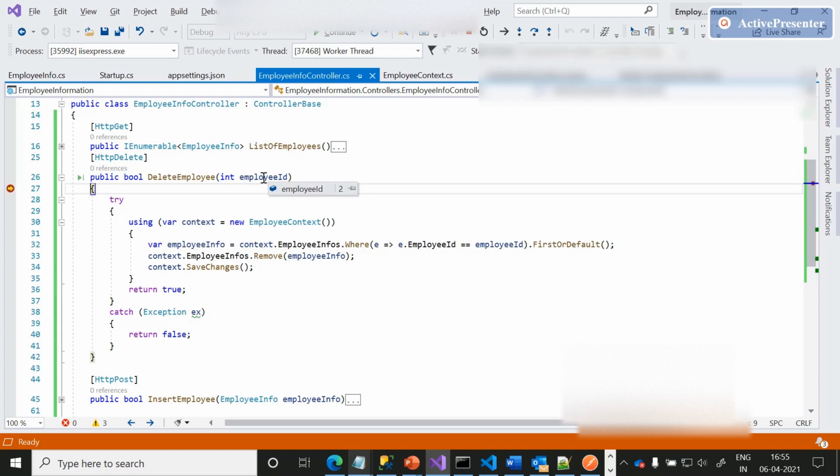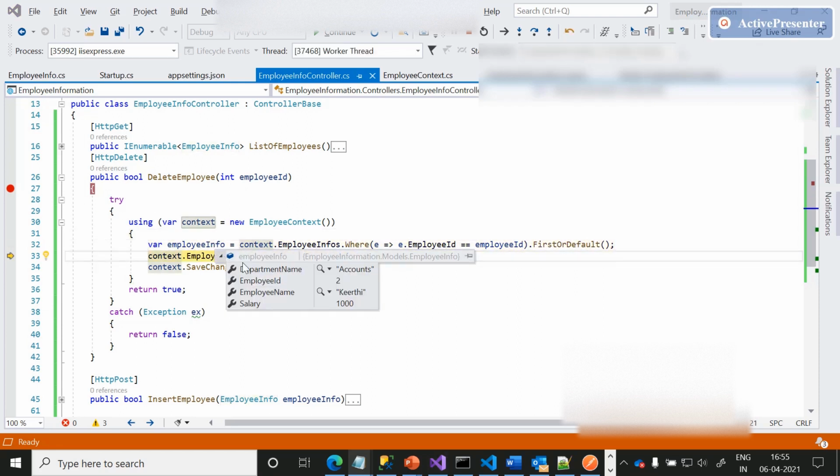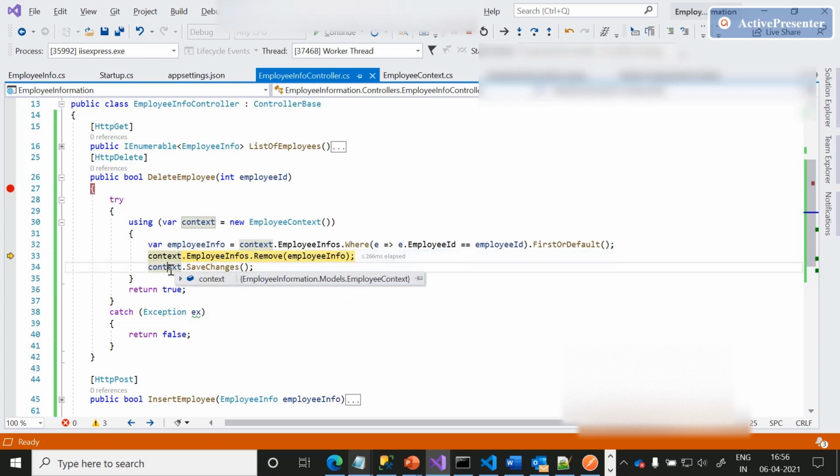Yes, we got the debugger, and if you observe here, the employee ID is also 2. Let me go step by step and show you. If you expand this, we got the existing employee information. That is nothing but employee ID 2, and this person belongs to the accounts department, with the salary and all. Now we are removing this entity from the database and we are saving the context.